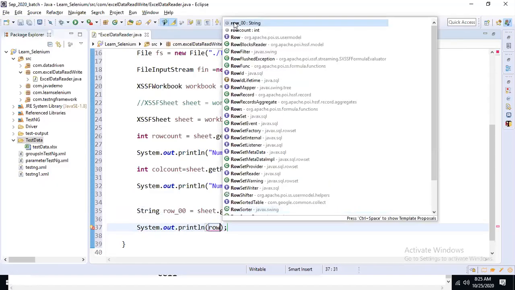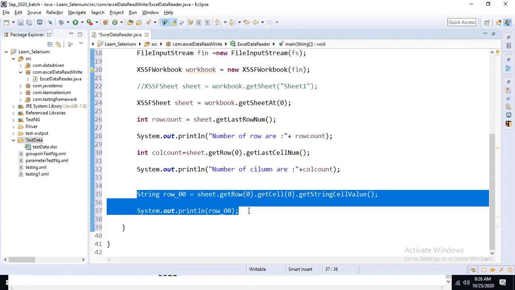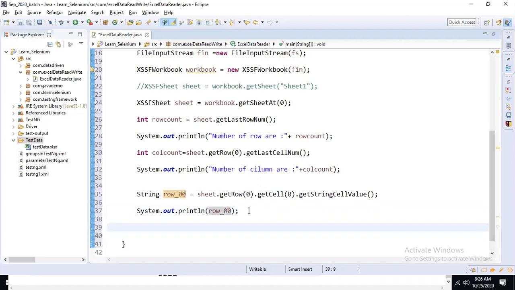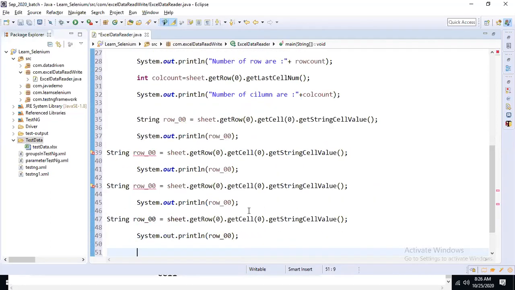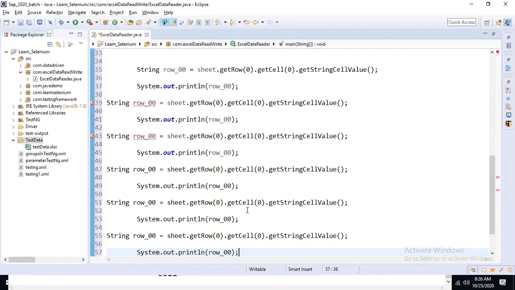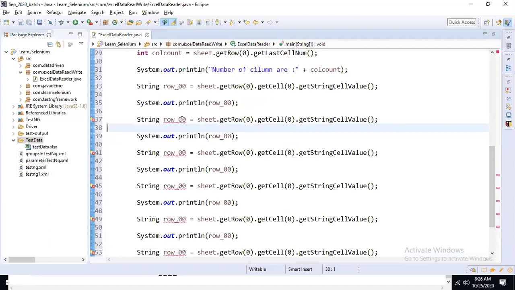Similarly, if you want to retrieve the data at other locations, 00, 01, 02, 03, we retrieve particular data. At 0th row, 0th column we retrieve, then at 0th row, first column, whatever data is there, and then we display that.